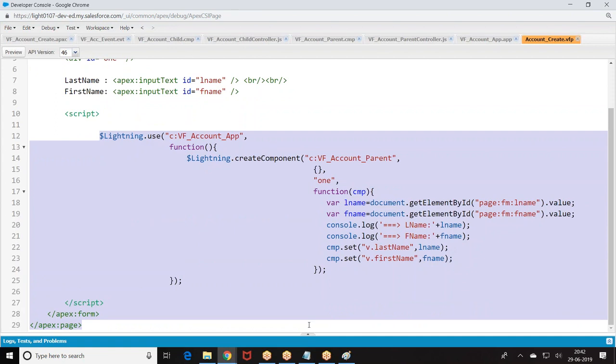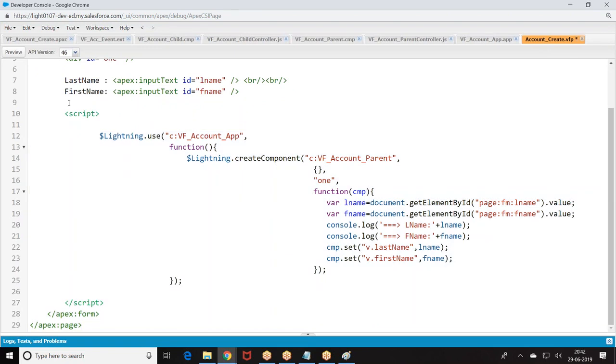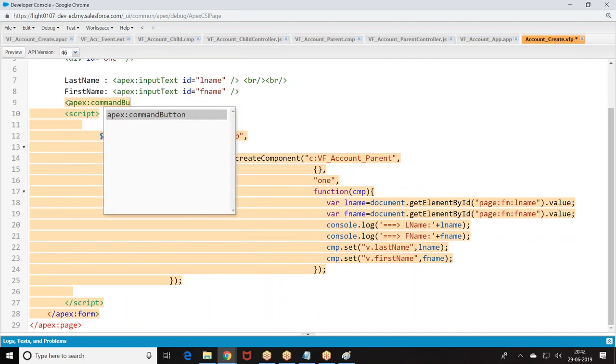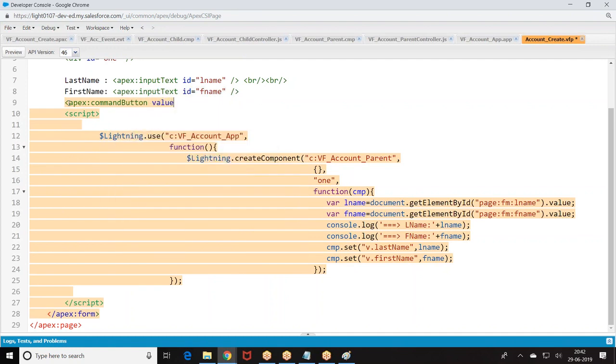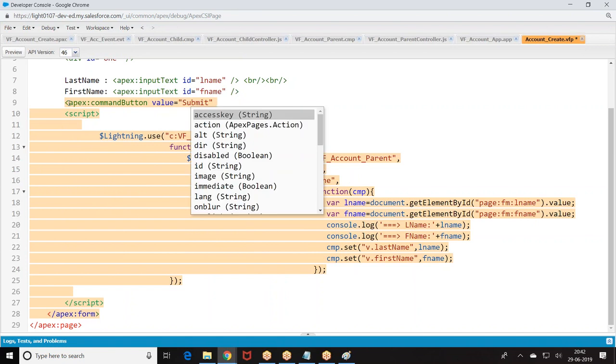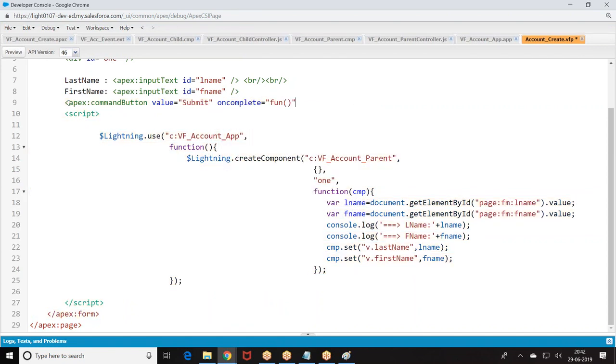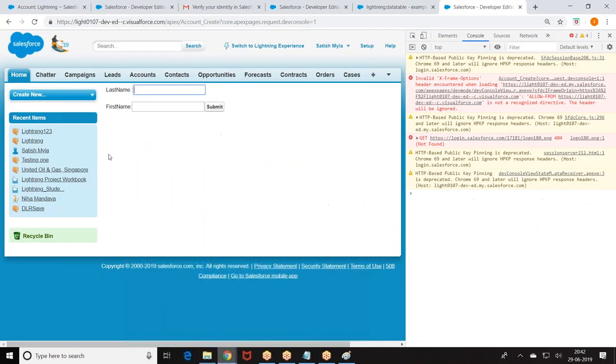The issue is, we'll resolve the issue, because this component is getting loaded by default. Okay, the issue will be resolved now.